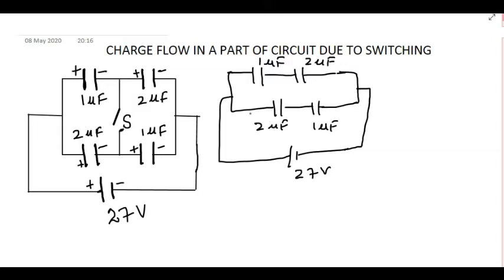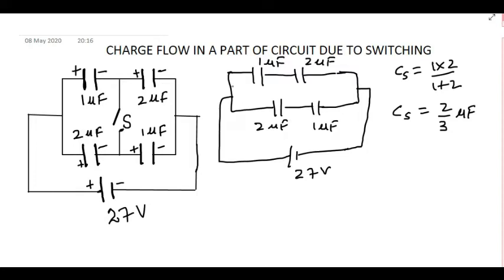First of all, we have to find out the charge flowing through different branches, because the charge will flow the same. As you can see, each branch has a 1 microfarad capacitor and a 2 microfarad capacitor in series. So we have capacitance 1 into 2 divided by 1 plus 2 for the upper branch, and the same for the lower branch. This series capacitance is equal to 2 upon 3 microfarad.